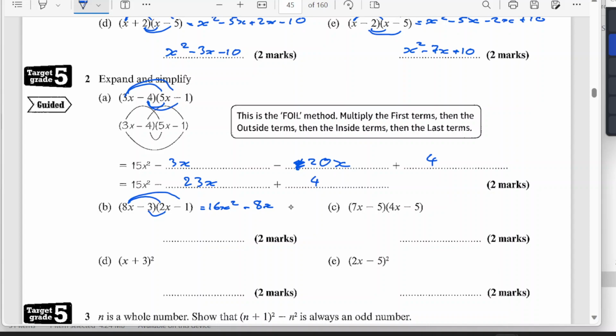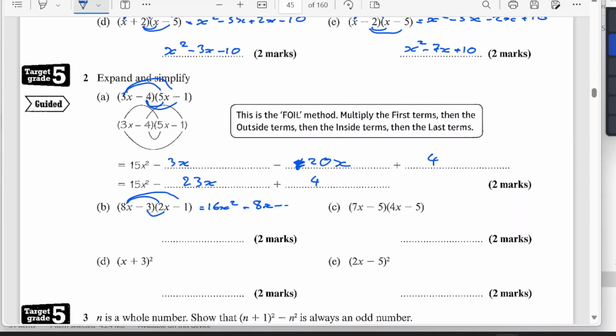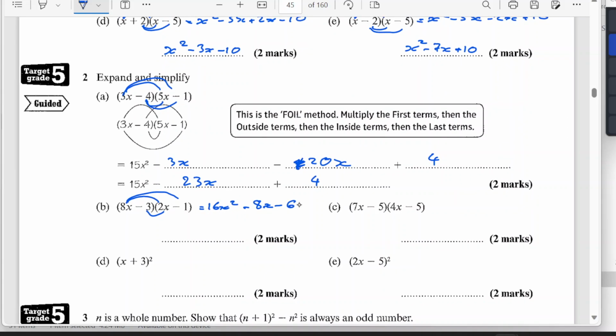Minus 3 times by 2x would give me minus 6x. And then minus 3 times by minus 1 would give me plus 3. That gives me 16x squared minus 14x plus 3. And for C,